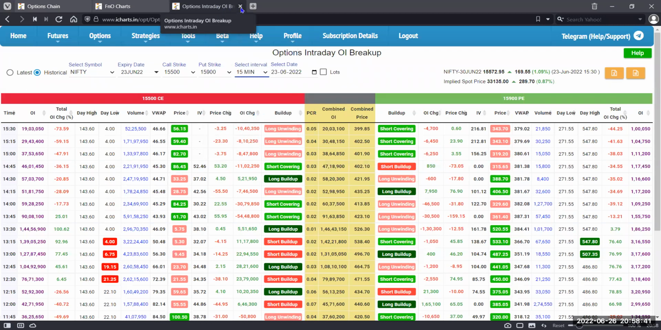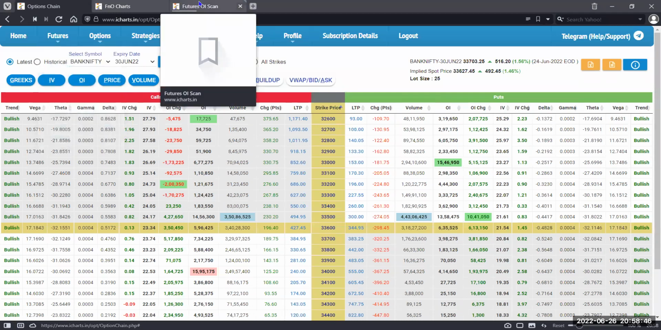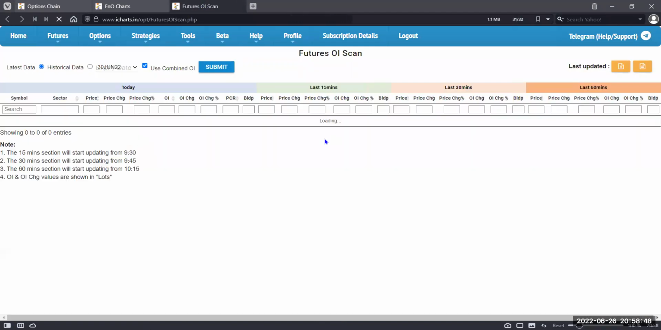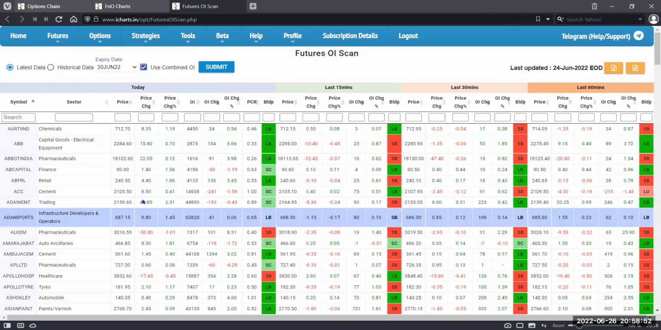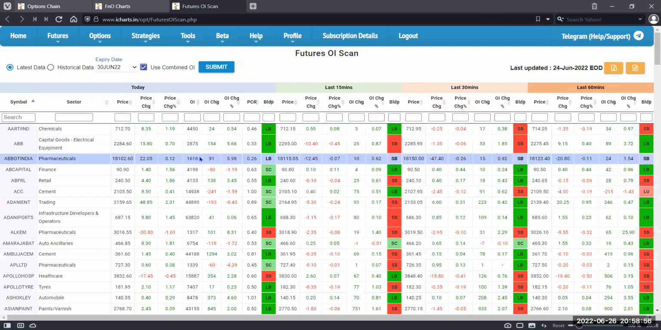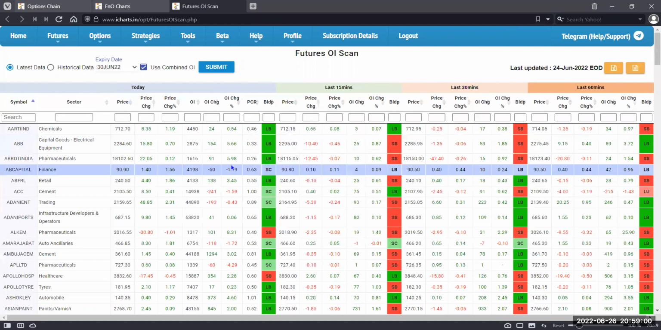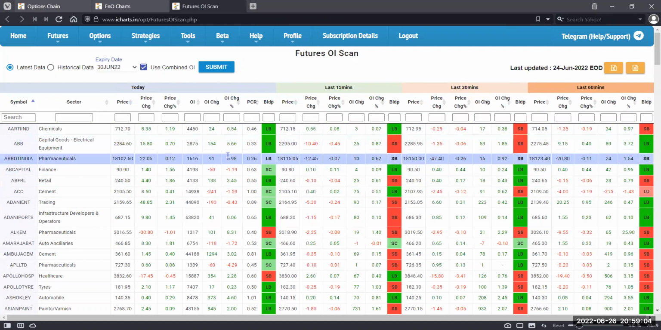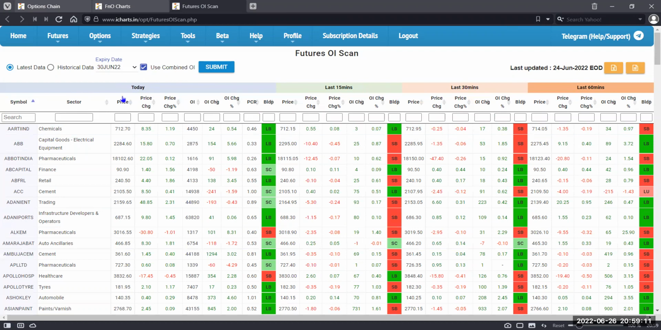Okay, let me now quickly jump. Somebody wanted me to go for futures OI scan. Yeah, you can use this. This is a very simple build-up scanner that we have. You can also scan for price change, OI change, and build up for the whole day today, or the last 15 minutes, 30 minutes, last 60 minutes. So the way to do this is,